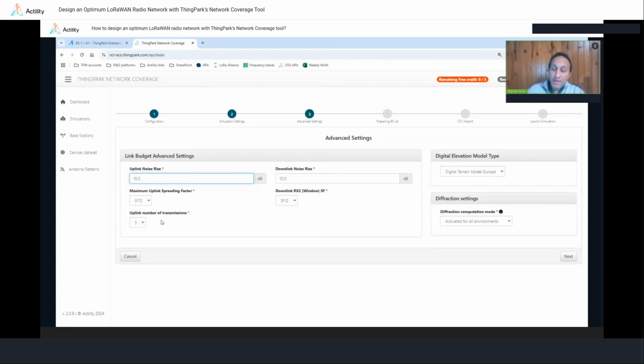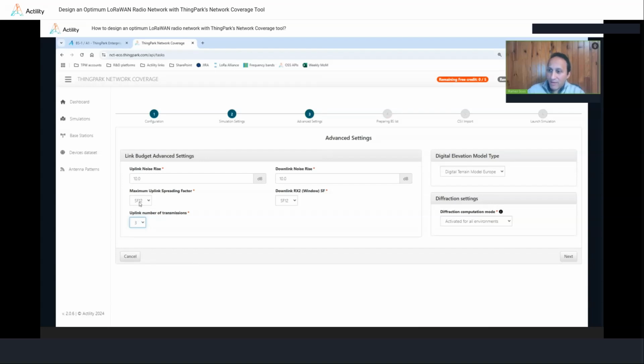But if you deploy, for example, some devices which cannot ensure this combination, like, for example, any device that, for sake of power budget, does not allow repetitions over SF12, in this case, you are required to really set what is supported by the device, in which case, for example, you can set only one transmission instead of 3 when you deploy devices that cannot do repetitions on SF12.